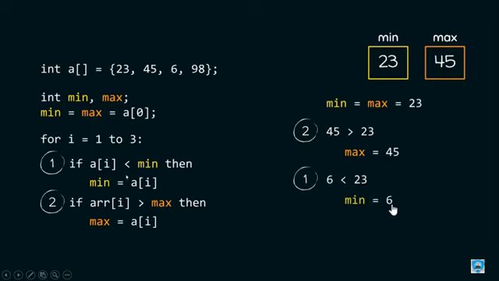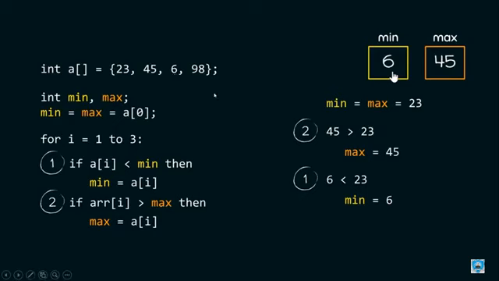The third process we are taking is 6, and yes, a of i is 6, compared with 23, yes, the condition will be true, and I will get the smallest value. Please compare these numbers. 6 is less than 23, this condition will be true, and I change my minimum value, which was 23, but now it will be 6. Look, from 23, 45 and 6, I get my maximum value, that is 45, and my minimum value, that is 6.